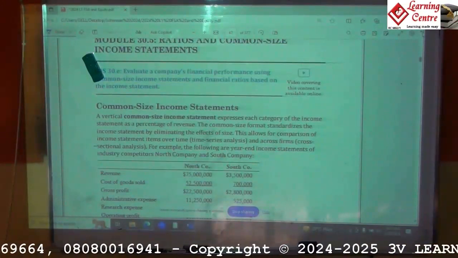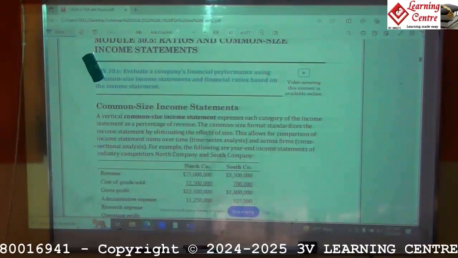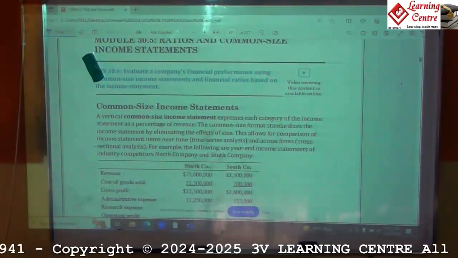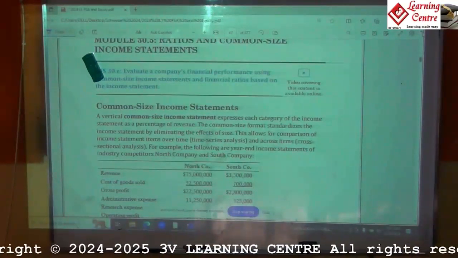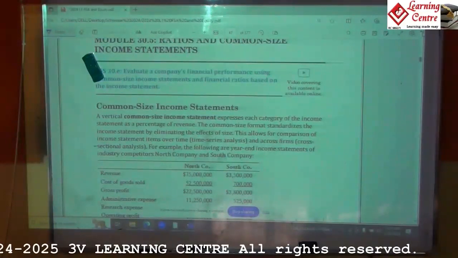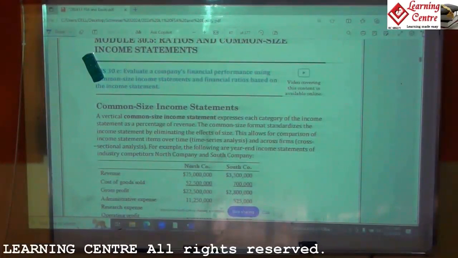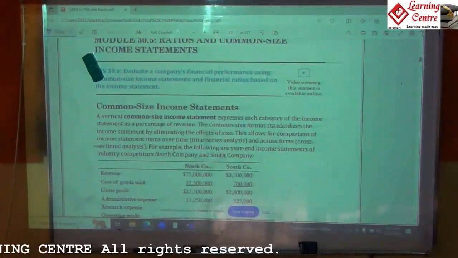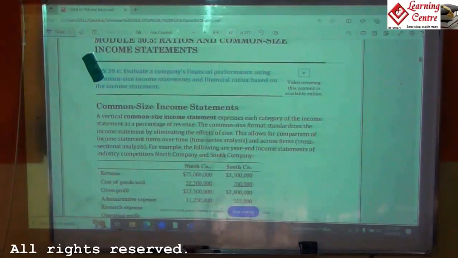So for instance, what does a common size income statement do? From now on, if the stuff is easy, let's just relax and understand what we are talking about here. We are comparing two companies. The first one is like GTP, and the second one is like a microfinance bank that is still small, that people are saying is okay. Any bank that wants to compare,